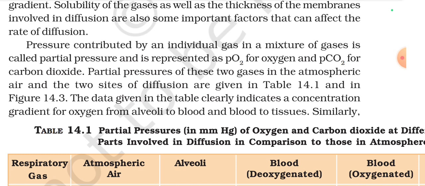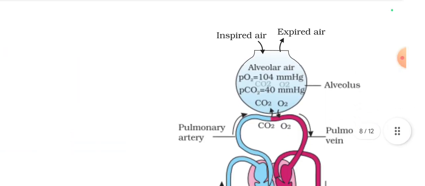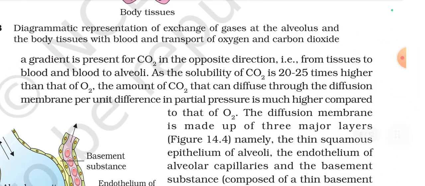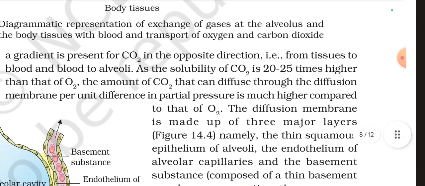The data given in the table clearly indicates a concentration gradient for oxygen from alveoli to blood and blood to tissues. A gradient is present for CO2 in the opposite direction, that is from tissues to blood and blood to